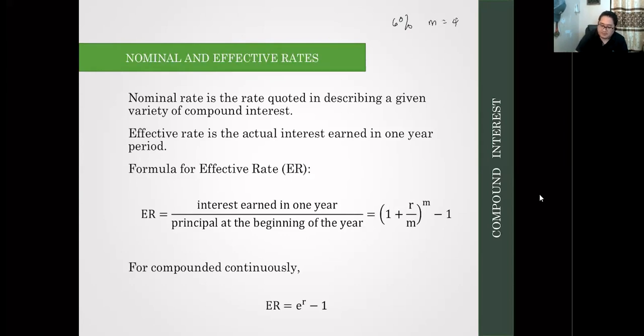So our amount is 1,000. At the end of a year, how much should our money be worth? F is equal to the formula we mentioned earlier: F equals P times 1 plus r over m raised to the m t. So here it will be 1,000 times 1 plus r, which is 0.06, over